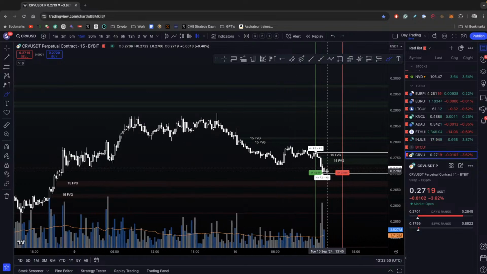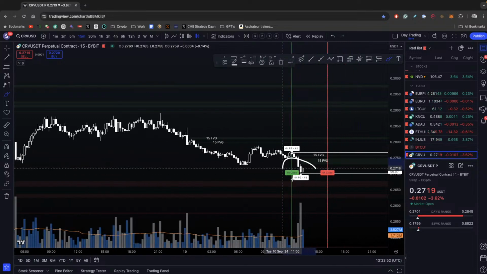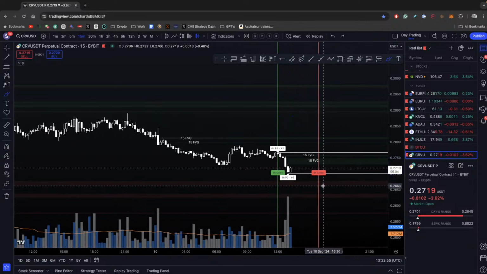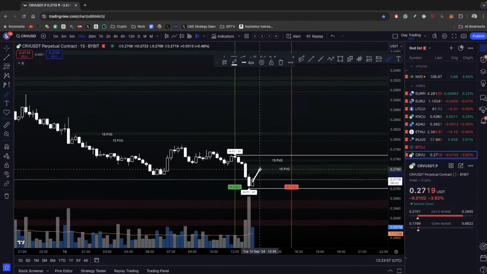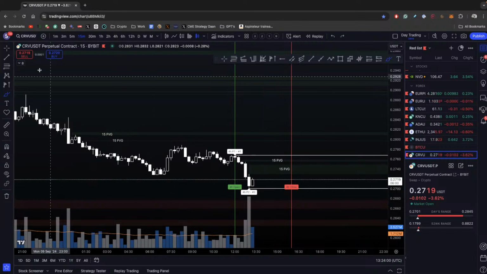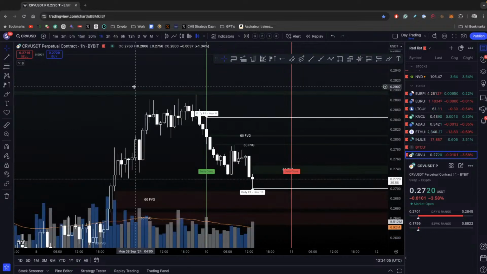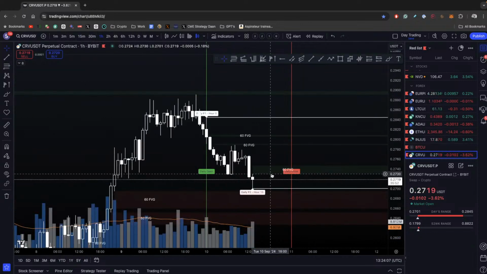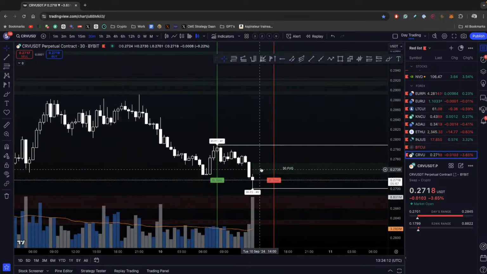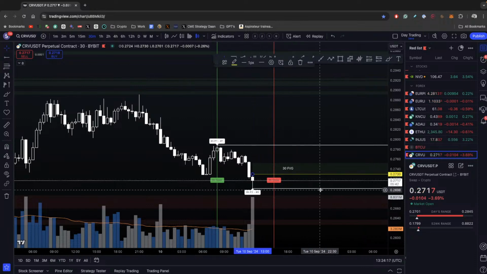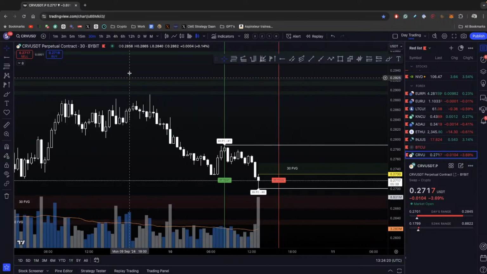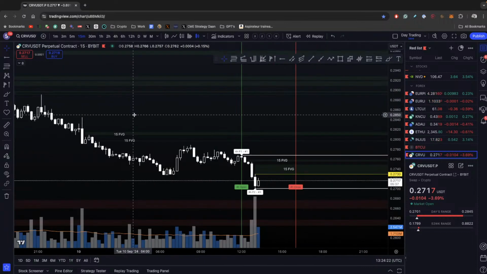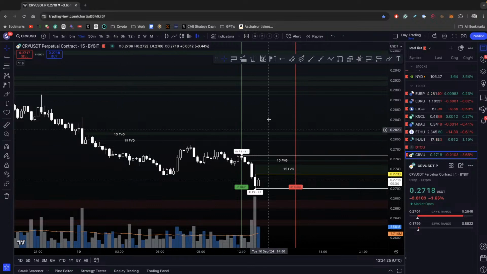I don't know if I would do it because there's still quite some 4 hour candles left. Preferably, I want to see a little bit of a retracement still to go, so maybe a retracement into here, followed by further downside, because there is this small fair value gap right there. There's this fair value gap right here. This is probably going to get confirmed. Yeah, so something like that would actually be dope.